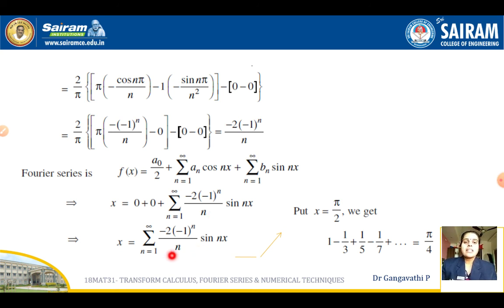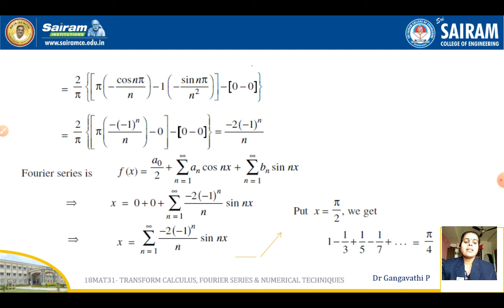But our answer is something else. In order to get the required answer, since sine is there, if you substitute x is equal to 0, the entire term becomes 0. 0 multiplied by anything will be 0. So substituting 0 is not suitable when we have a sine term in the expansion. Similarly, you cannot substitute pi also, because sin n pi is again 0. 0 multiplied by anything is 0. The entire term becomes 0, which may not get us the suitable answer.